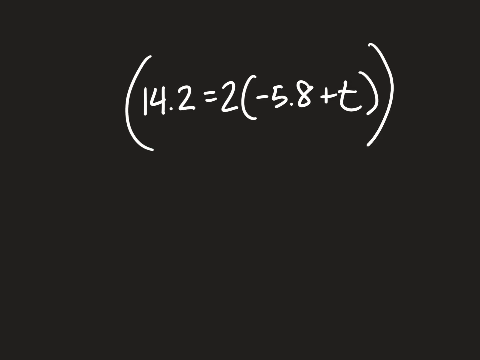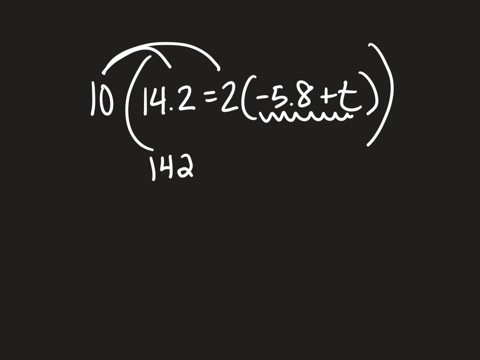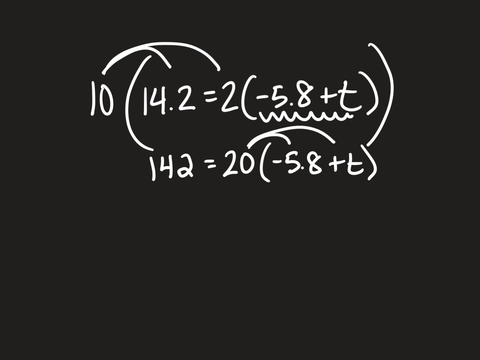On this next problem, I wanted to include the strategy of multiplying by 10, but also remind you that if you multiply the whole thing by 10 or 100 or whatever multiple of 10, anything in parentheses is protected from that 10. So really the only thing we're going to gain by multiplying by 10 here is 14.2 becomes 142, and the 2 becomes 20. The negative 5.8 plus t is protected. Now we have a distributive property equation where I'm going to distribute the 20 to negative 5.8. And I get negative